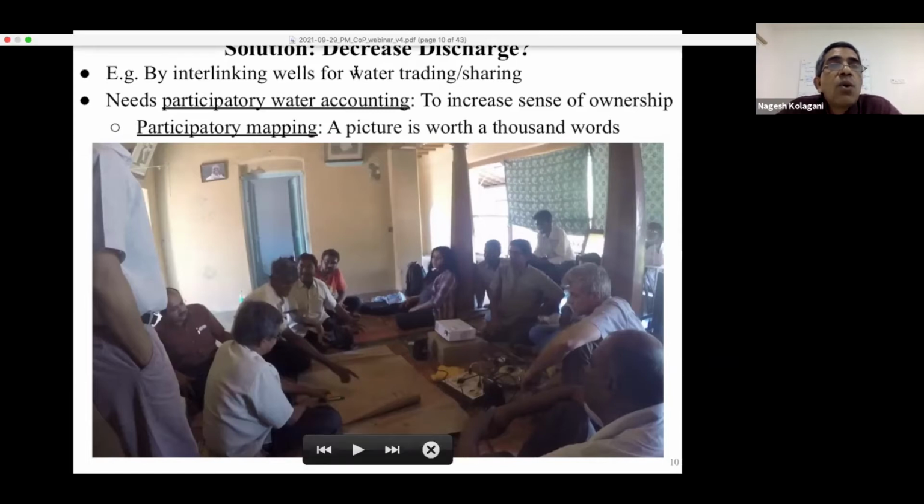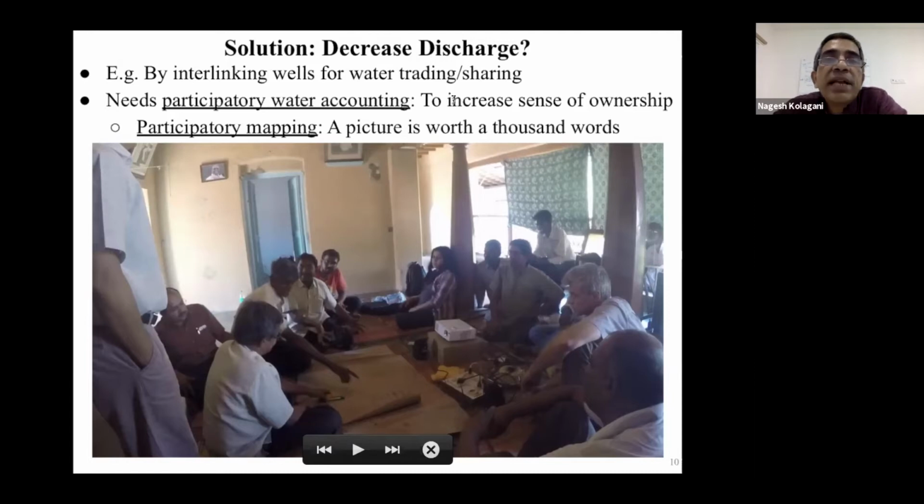Okay, and how do you plan to control discharge? If people agree, sharing might be too socialist utopia. At least trading. Instead of wasting my water, can I sell it to somebody in a mutually beneficial way? And how do I transport water across the village for sale? So I might have to lay a pipeline to transport water from one place to another.